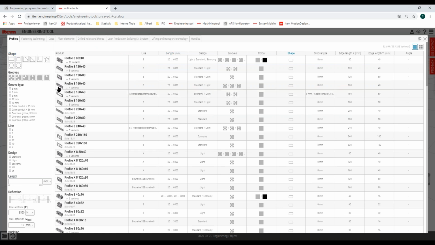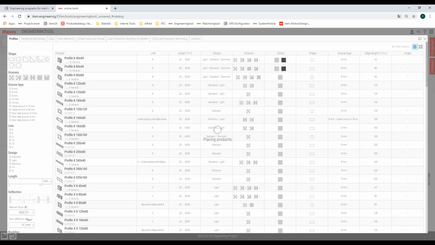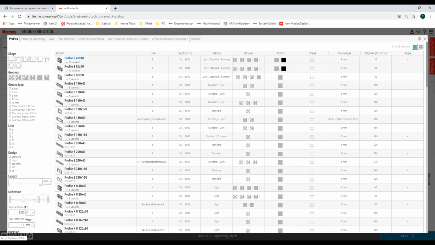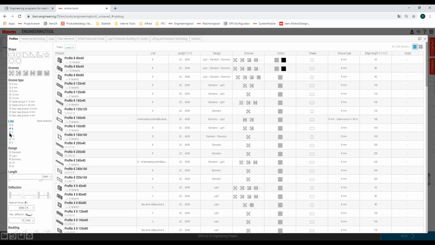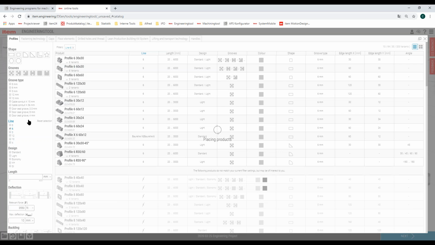And in the same way, you can very easily import different profiles to your design. We'll start with the profile line 8. You can see, I just click on one profile and it's imported into my scene. Now I select the filter line 6 and use the profile 60 by 30.